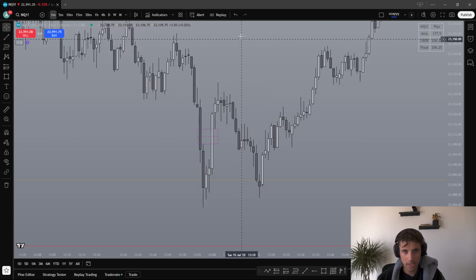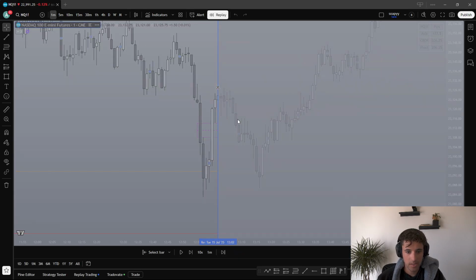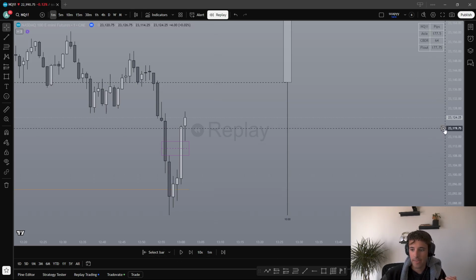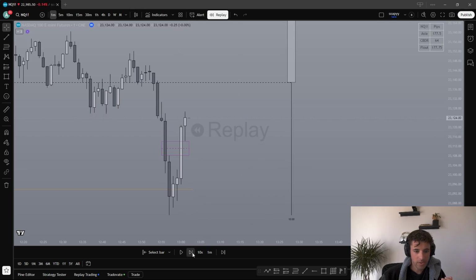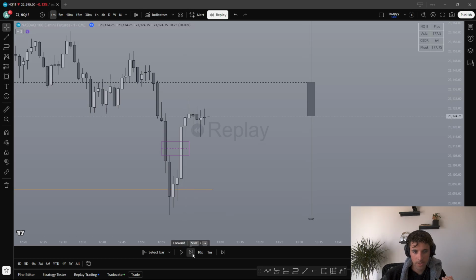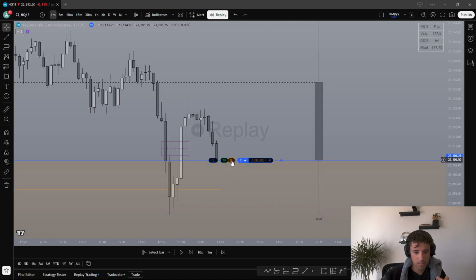So this right here, let's say this forms, and you say, okay, we inverse this. And then to make the full gap, you have to wait for this candle to close. So we inverse that. And then I wait for a tap into the gap. I guess we do tap in. Yeah, right there. I don't think this plays out.